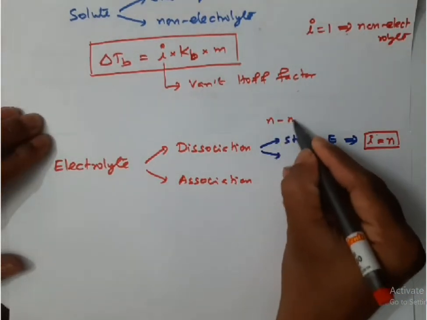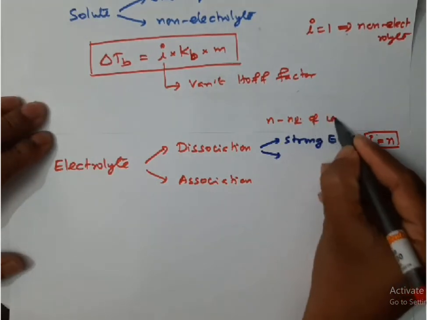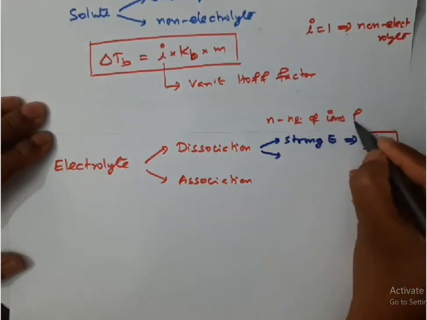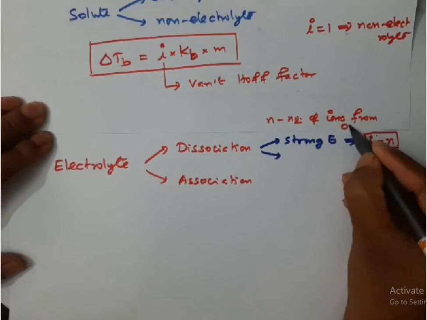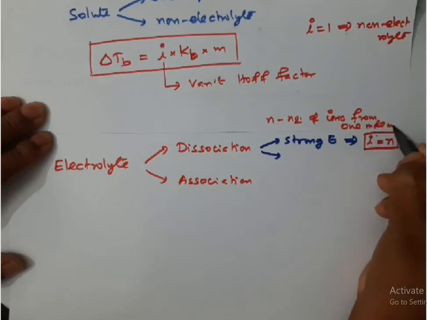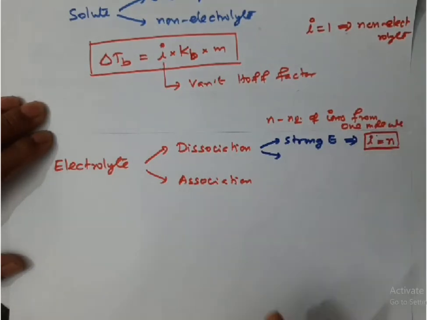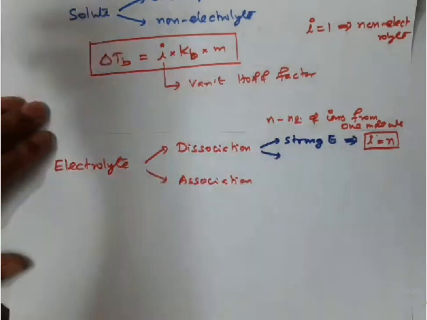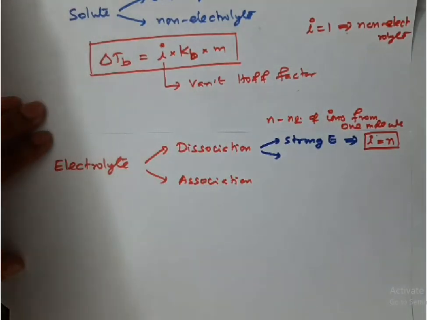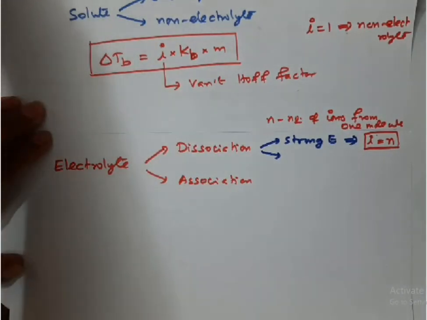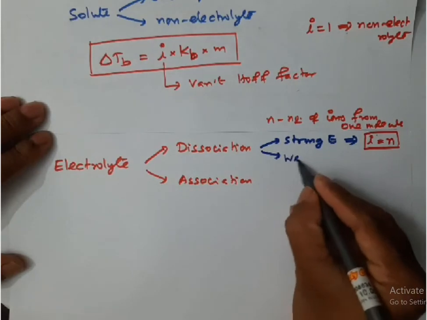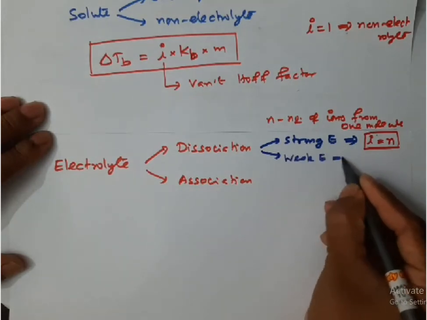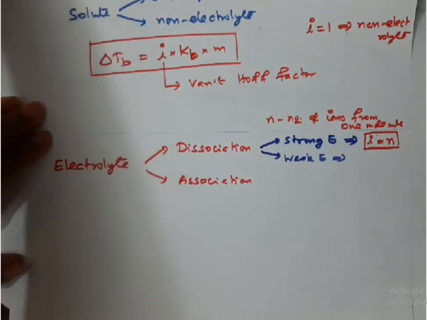n is the number of ions from one molecule. You find out how many ions one molecule produces; that is the value of n. So for a strong electrolyte, i is equal to n, whereas for a weak electrolyte,